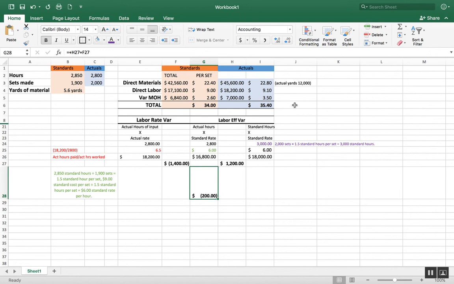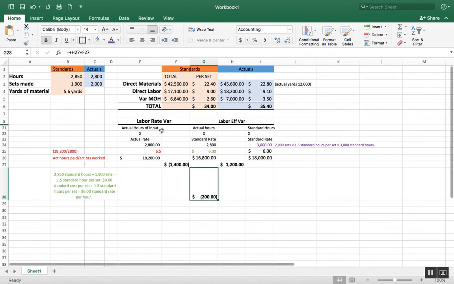So I hope that helps you. That kind of dissects that a little bit. I'd say the ones that are in the color are the ones you'd need to study the most and really understand. This is a very complicated question. I wouldn't anticipate seeing something quite this complicated, but I do need you to understand the mechanics of how this all came about. Okay, hope that